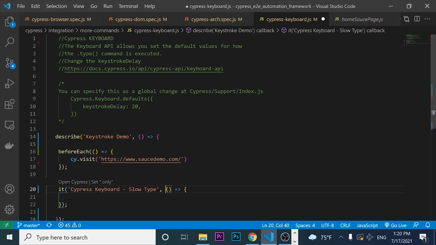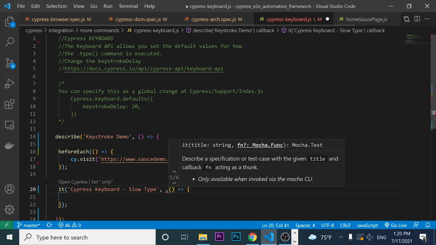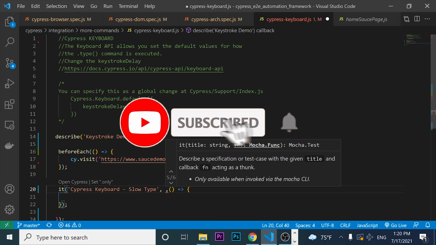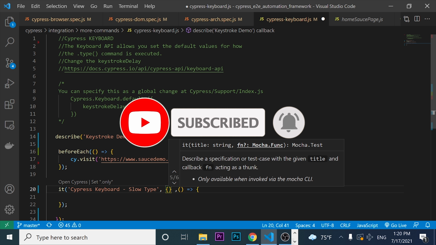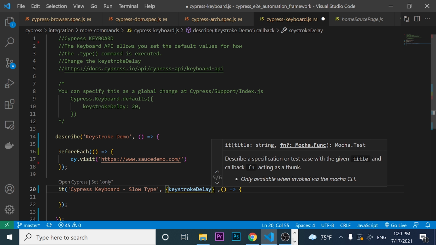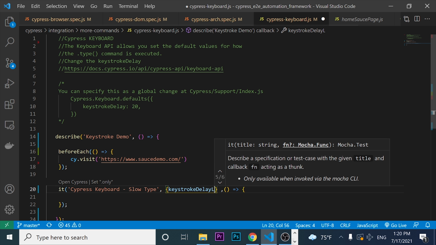Also, we have to specify another parameter here, and that's the thing that I wanted to show you, because we can send an object here and send different options. In this case, what I want to do is the keystroke delay, and now we can specify as well the